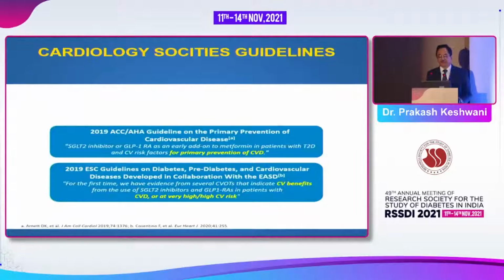Various cardiology societies, American College of Cardiology, American Heart Association, and ESC suggest that these drugs, SGLT2 inhibitors or GLP-1 receptor agonists, have protective effect as far as cardiovascular risk factors are concerned, and they can be used or added for primary prevention of cardiovascular disease, and they have cardiovascular benefits. And SGLT2 inhibitors and GLP-1 receptor agonists can be used in patients with cardiovascular disease or those who have high